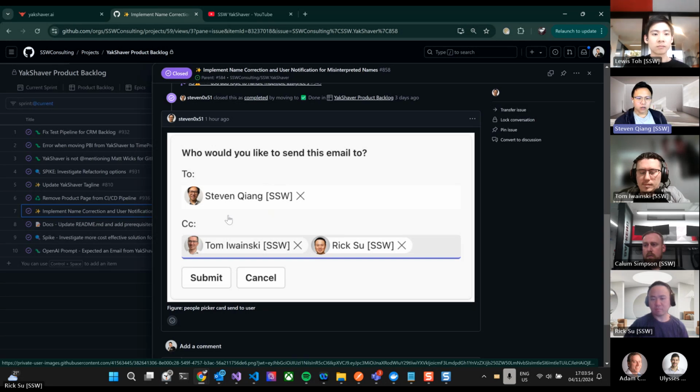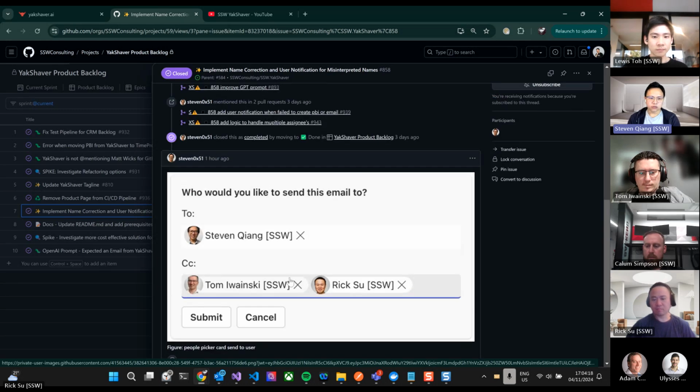But now, when YakShaver couldn't find a match name from the transcription, it will send the card to ask user to select a people to send the email. And also it will prefill all the name that he detected from the transcription. And user can edit or add or delete users from this